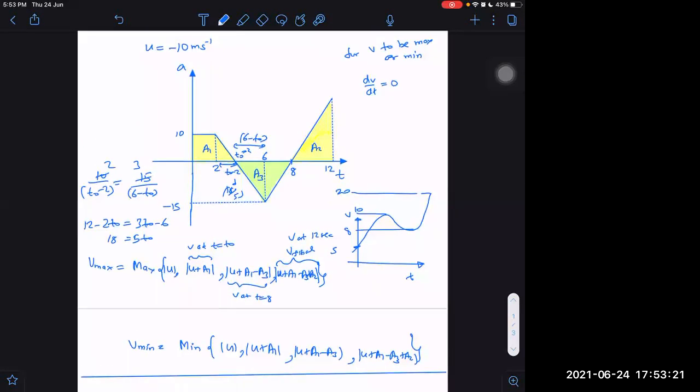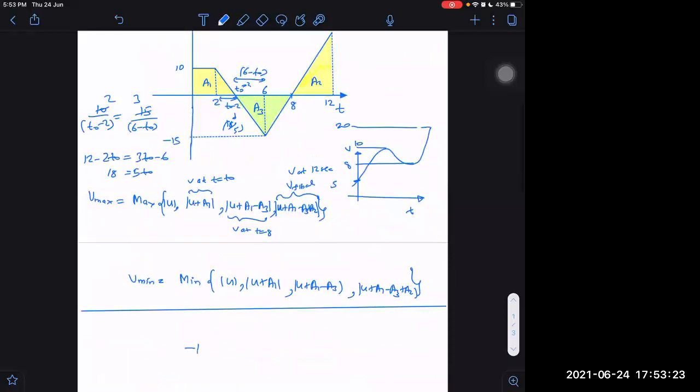Listen. U is equal to minus 10, you have to substitute it in this equation. It's fine, because I said everything will be with proper sign. U is a vector here. You have to put it with proper sign everywhere, not only in this place. Everywhere you will have minus 10, minus 10, minus 10, and so on.